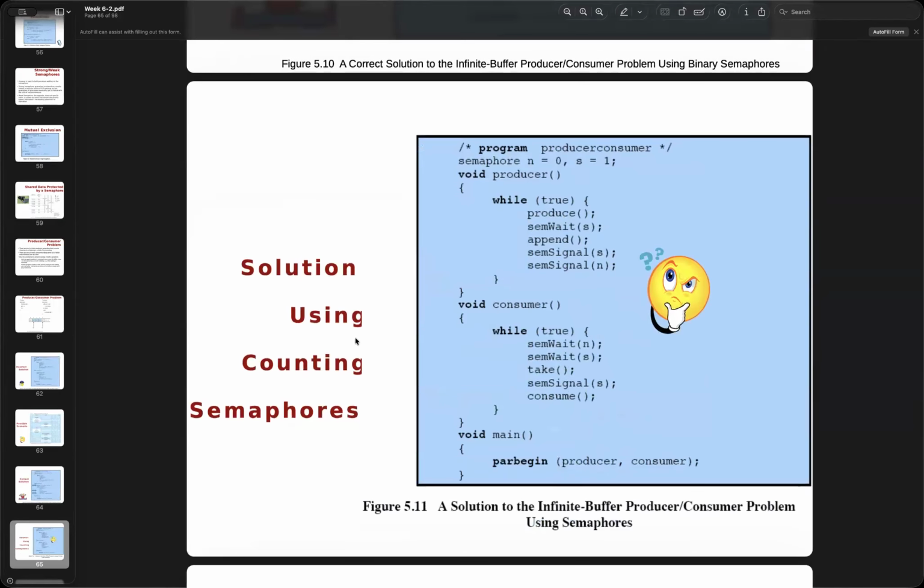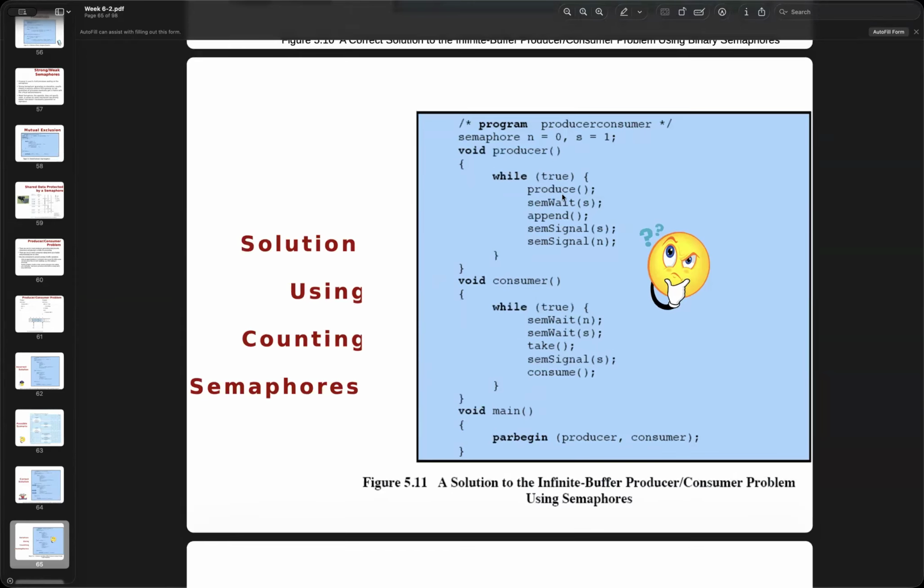And also another way we are doing it is with the counting semaphore, that means the default, the one we were talking about using n, okay, equals 0. And then we can use the semaphore wait S to append, okay, and then signal S and then signal n. And then for the consumer, of course we will wait for n and then wait for S, and we will take it, able to finish, then we release the signal S, okay, and then consume it, aiming to execute the consumer.